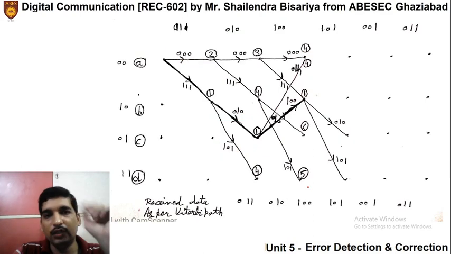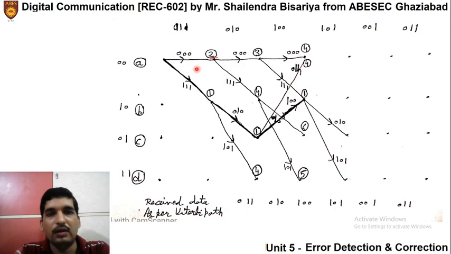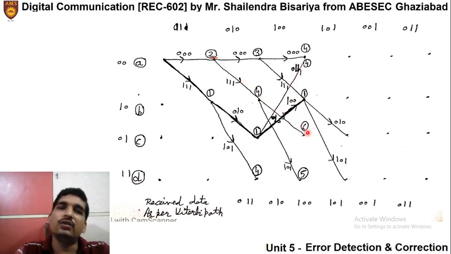Okay, so how will we do that? Let us see. Up to this point, let us first see what we have said, that here the Hamming distance is 2. Let me change the pointer first. Here we have seen that the Hamming distance is 2, then it is 3, and proceeding further 4. It seems that it is going good. 2, 3, 4, less Hamming distance. What about other paths? If we see this path, it is 4 here, while it was 4 here. So it is increasing continuously, rapidly. It is 4 to 6 here. So I think we can say with surety that it is increasing at a high rate. So we need not follow this path from here onwards, right?